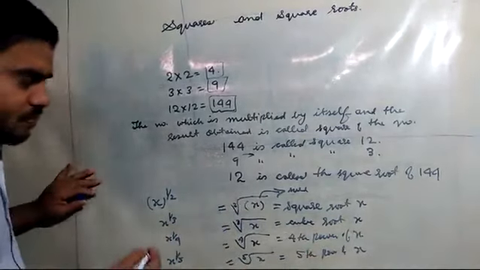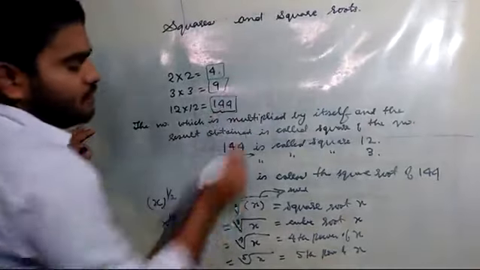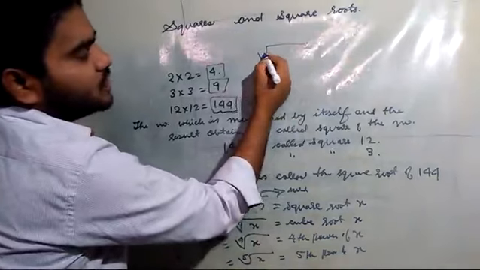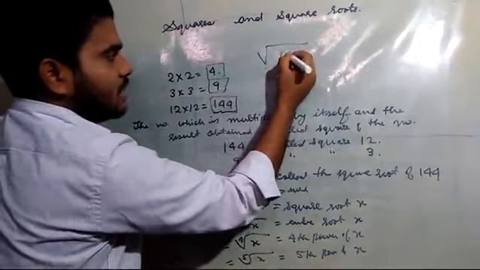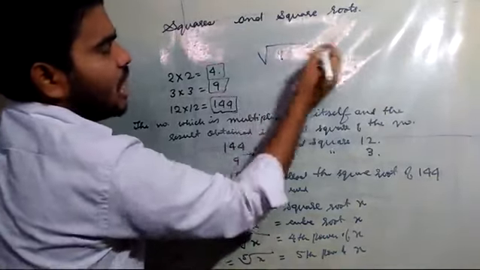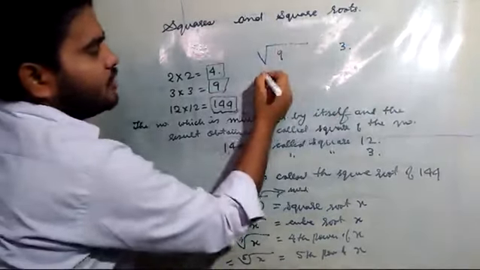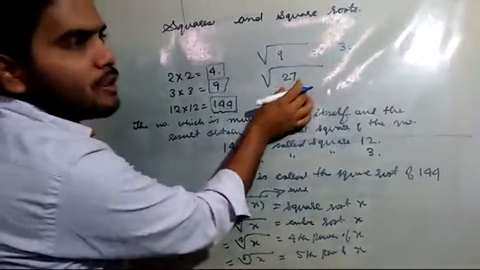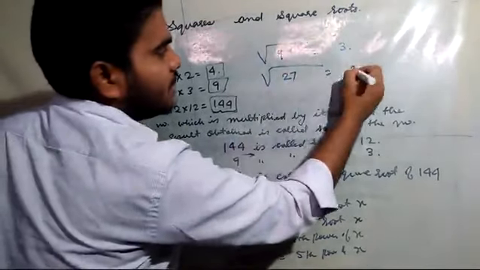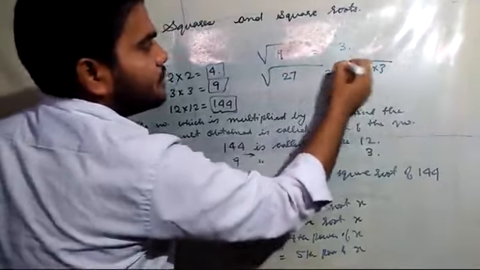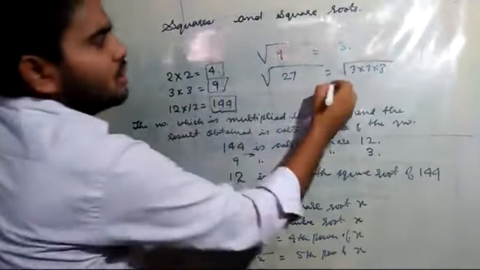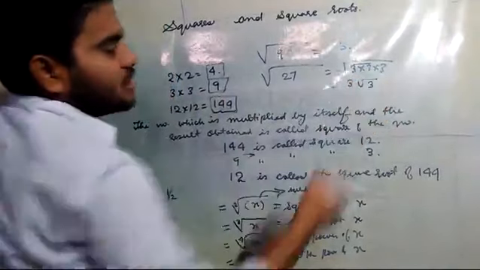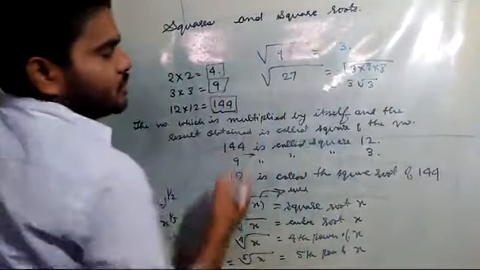By default, wherever you see only the square root, this 2 will not be mentioned. For certain numbers like 9, you have to take out the square root. If it is given root under 27, then it is not a perfect square, because if you multiply 3 into 3 into 3, that is a cube. Now we know we have to take out pairs, pairing and then taking out like this, so it won't be a perfect square.